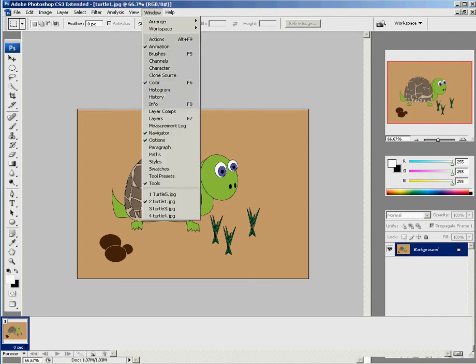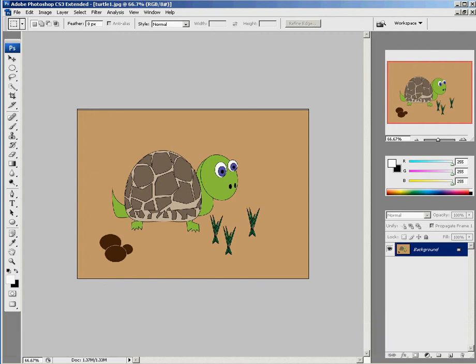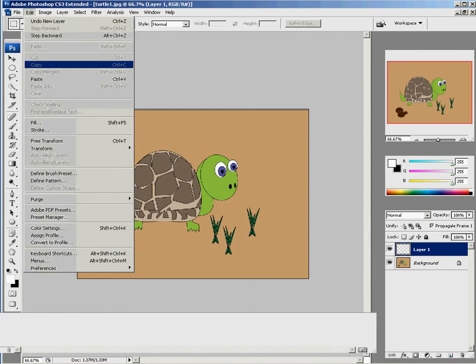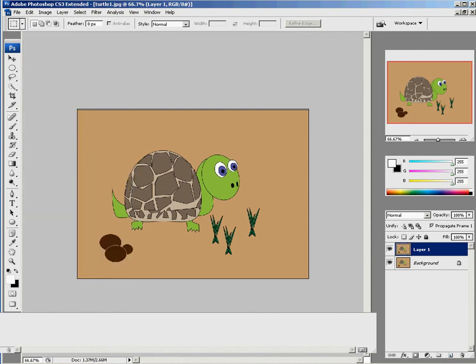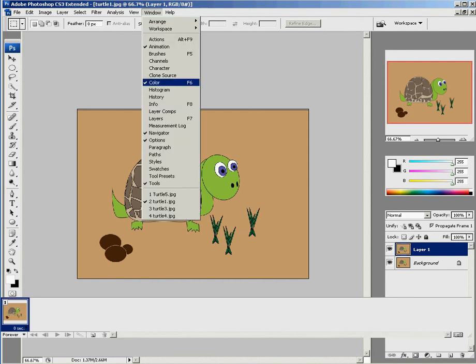Now, I'm going to go Window, turtle number 1, and I'm going to come over here and create a new layer. That's this little guy next to the trash barrel. And I'm going to paste this guy into that new layer. Okay? Now I'm going to drag this back over here, and then I'm going to go Window, turtle number 3,